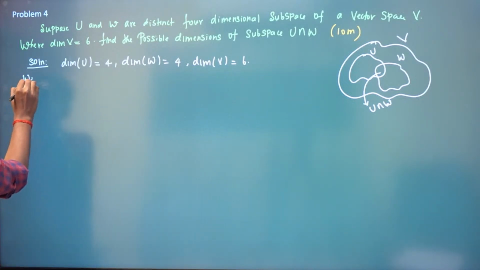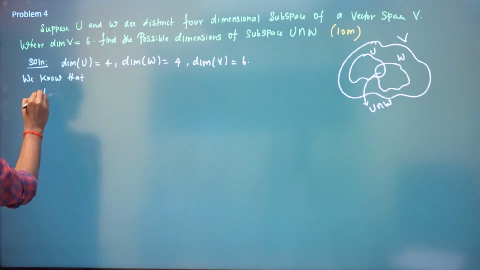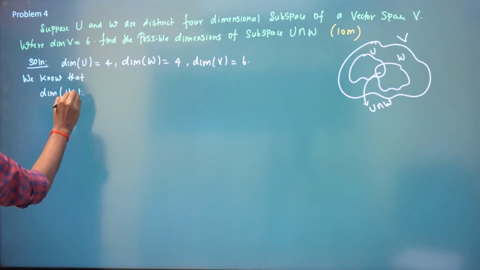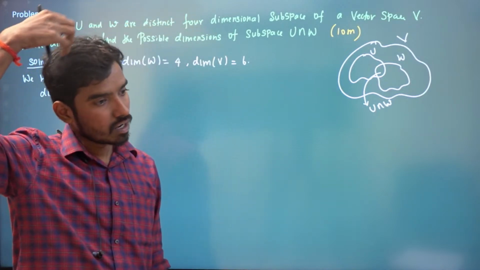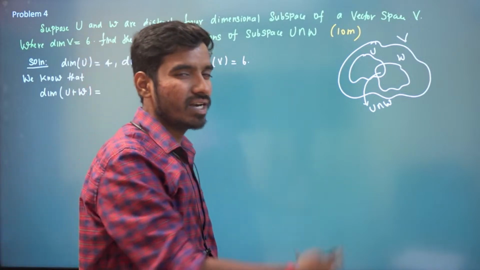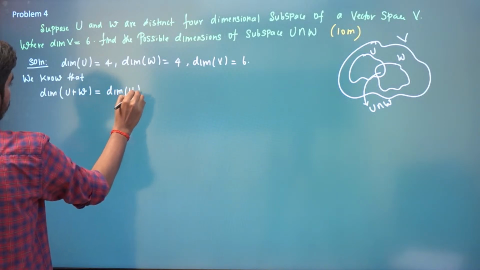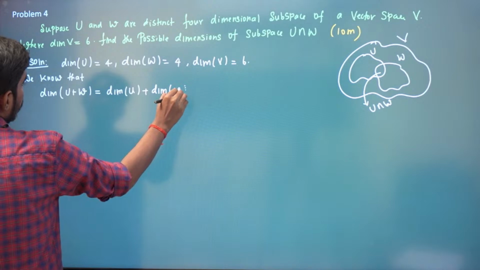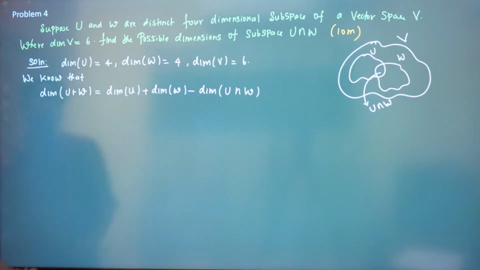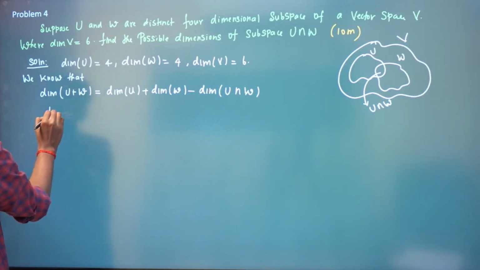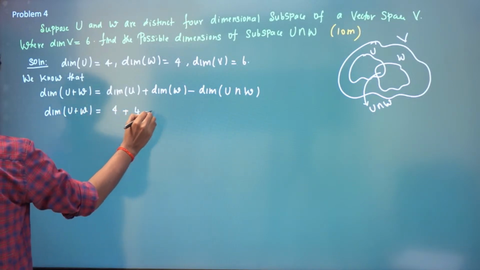Okay. So we know that the dimension of U plus W, by the dimension theorem, right? This proof is already available in the linear algebra content section in the playlist. If you want, you can go through that. For a 10 mark question, I don't think we need to write the proof. So the dimension of U plus W is equal to the dimension of U plus the dimension of W minus the dimension of U intersection W, right? Now, the dimension of U is 4, the dimension of W is also 4, minus